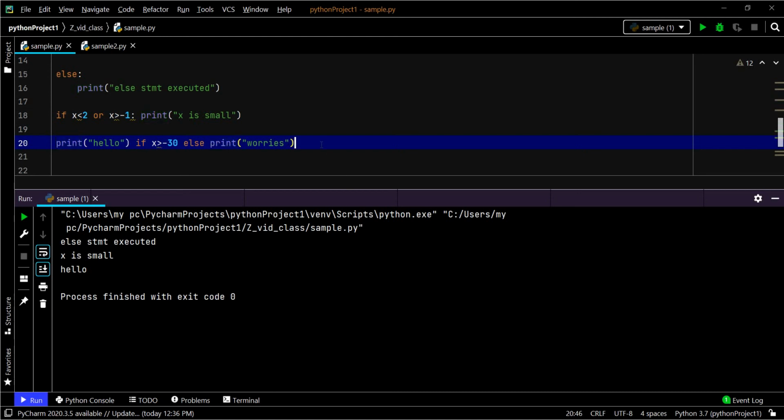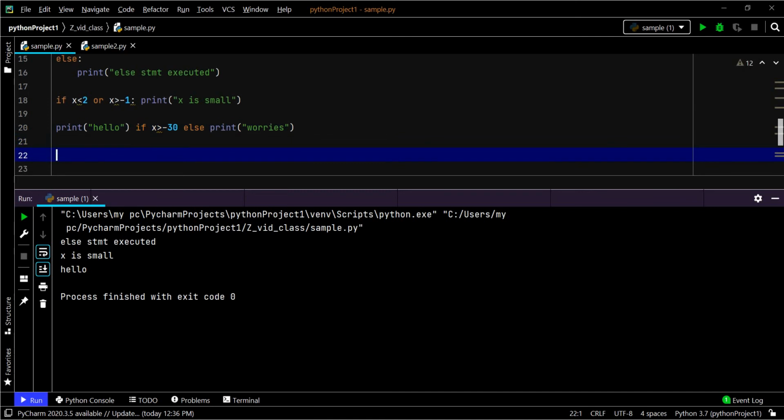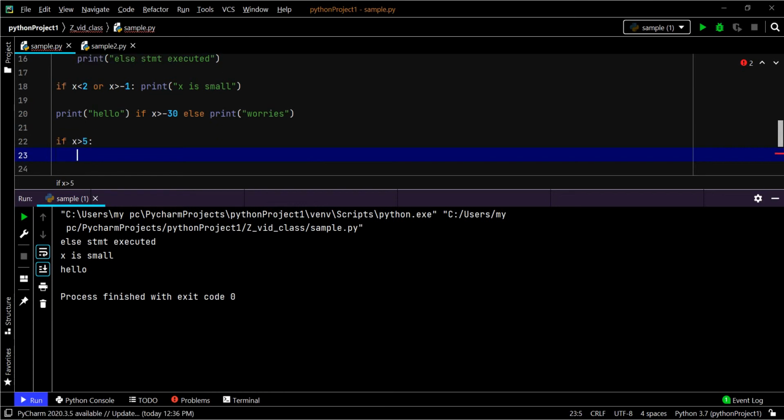Suppose you don't want to give any statements or any printing or any calculation, you don't want to do anything in the if statement, then you can just give pass, which just passes the condition. It does nothing. If you don't give pass, Python will throw an error since an if statement cannot be empty.